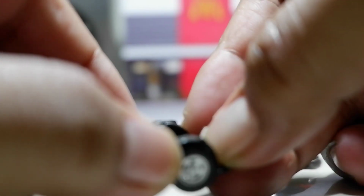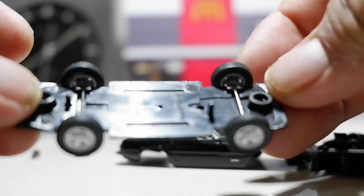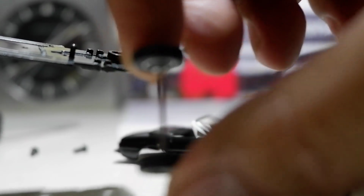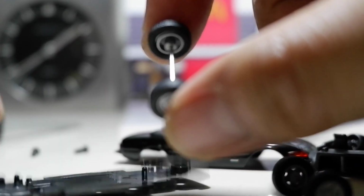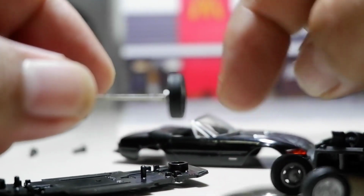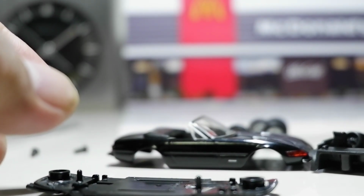It's fairly easy, and the wheels, they're just placed there. They just do that. Not really clipped like a Hot Wheel, so it's fairly easy to take it off. The problem with this wheel is a bent axle. I still have parts coming for an axle because see, the wheels are a little bent, so I'm still gonna return this rim, this pair of wheels, to this car, but for now I would want to swap it out